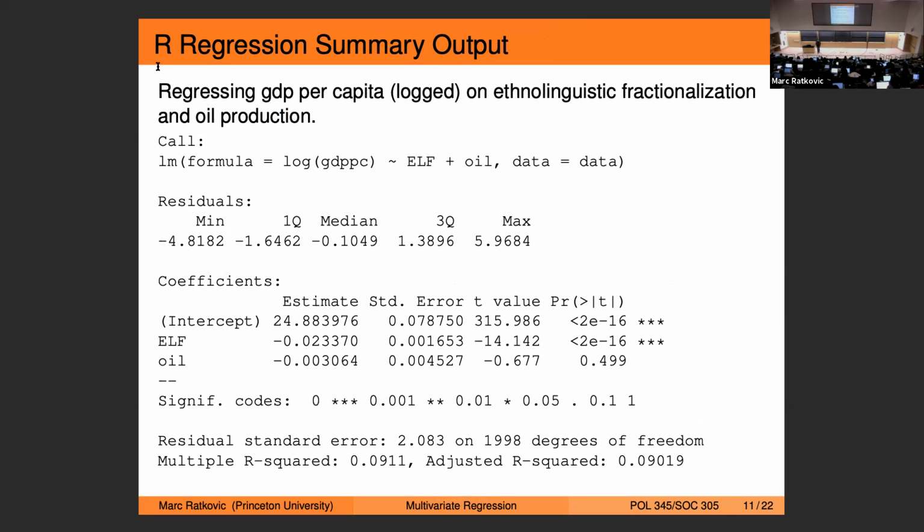Next, we're going to start going into multiple variables. And here we're just going to look at 2 variables. The outcome is going to be GDP per capita. And then our independent variables, we're going to have 2 of them. The first is going to be ELF, which is a